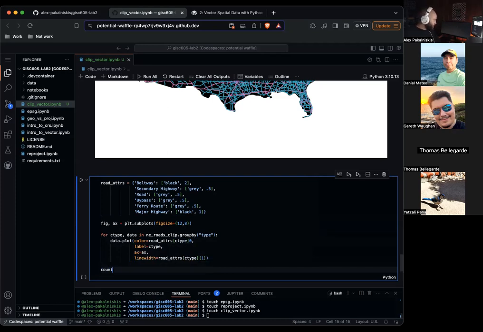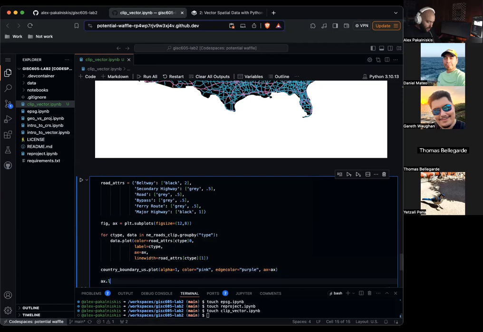Country boundary US dot plot, alpha equals 1, color equals, edge color equals purple, ax equals ax. ax dot legend, frame on equals false, bbox equals 0.1, negative 0.1.